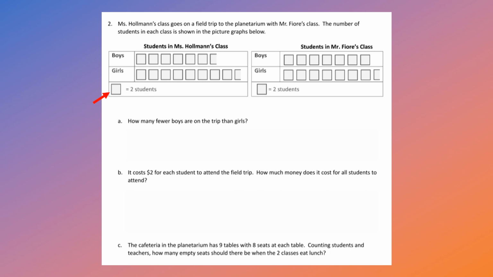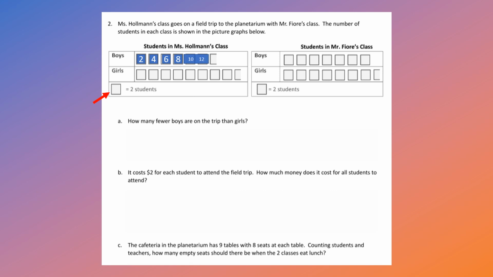We're counting by 2. So I'm going to start with the boys, and I'm going to count by 2. Now, I wrote my numbers inside of my squares just so I can keep count. So I'm going to start with the boys and count by 2. 2, 4, 6, 8, 10,